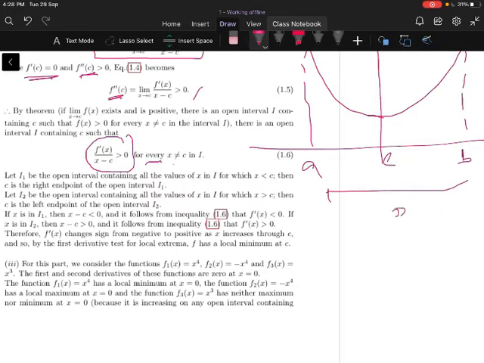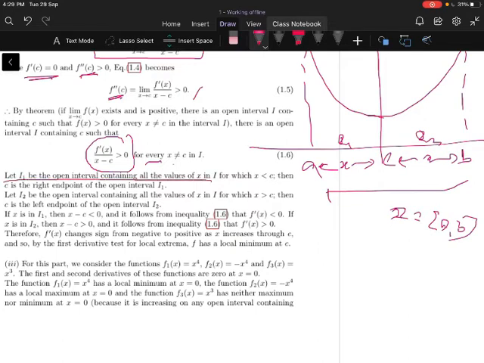Now, let us take the interval I. You can define I as the closed interval [a, b]. So I can be split into subintervals I1 and I2. There are many x values between a and c, and here also there are many x values between c and b.